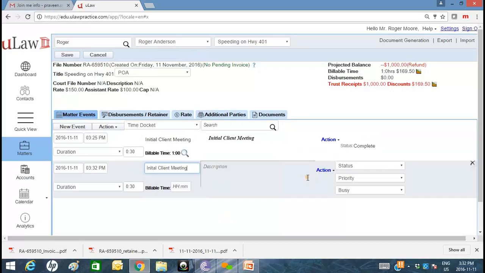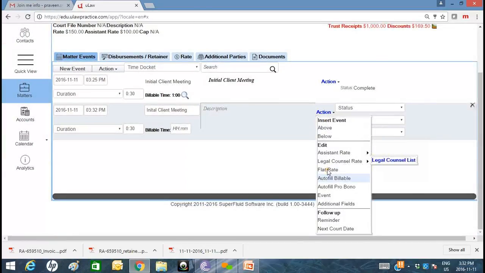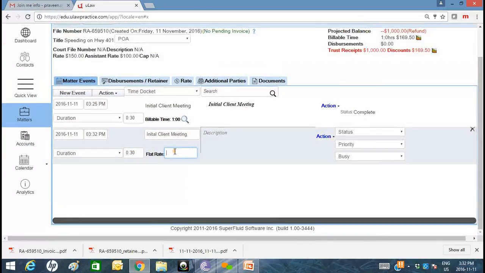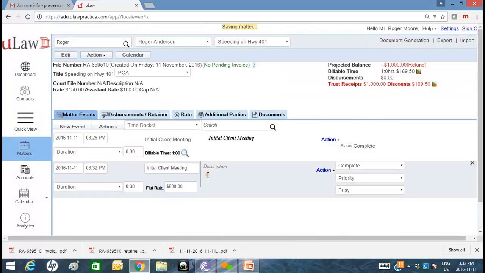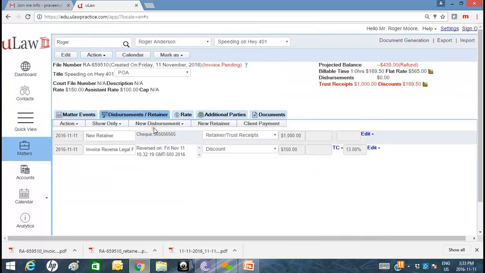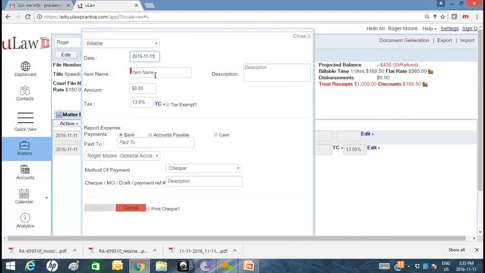and we've changed the way you would toggle between billable time and flat rate. So let's say this is a flat rate, you would just click on the action button and toggle it to flat rate. And for the disbursements, again, a little subtle change in terms of the user interface. We've got the paid from general, paid from trust, and any miscellaneous expenses that you may want to add into that file. So if I'm going to be paying out of general,